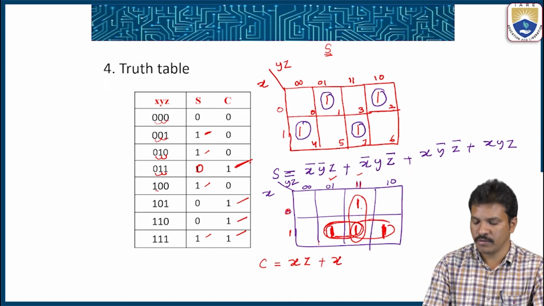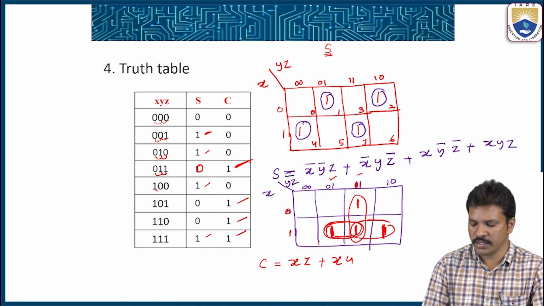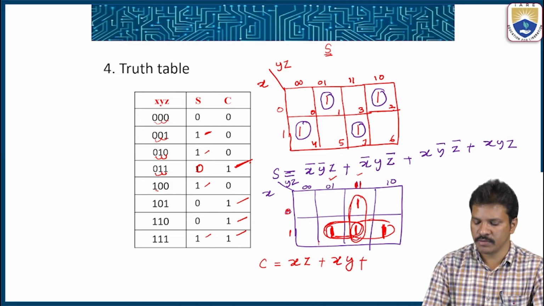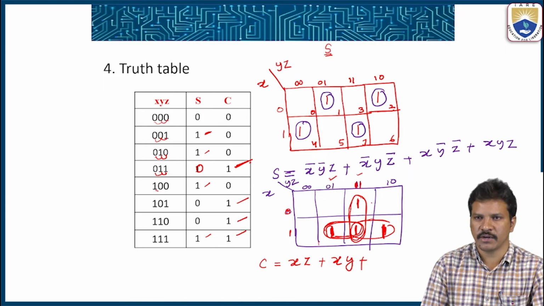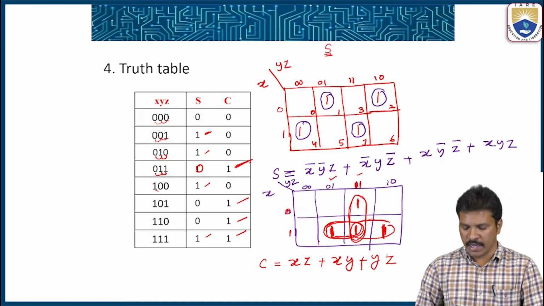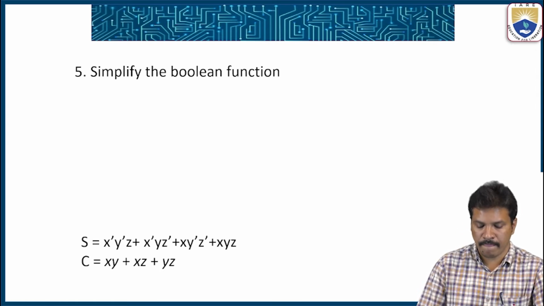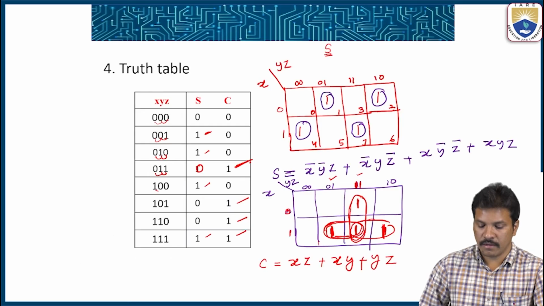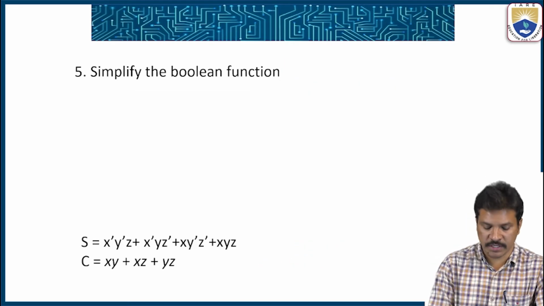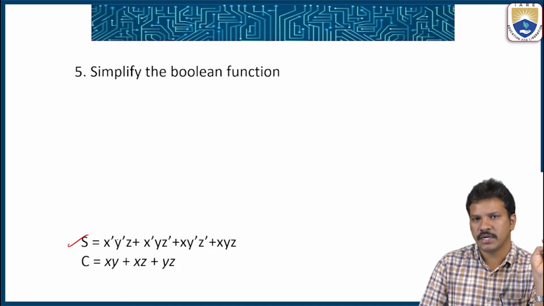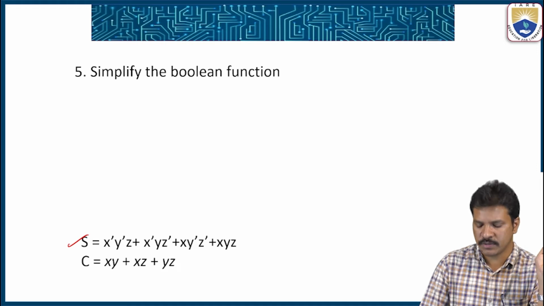Next this one. Same x, 1, 1 and 1, 0, common value y is common. And this vertical pair, horizontally x is equal to 0 and 1 are cancelled together. Only we can consider 1, 1. That means y, z. So this is the expression for sum and carry. Now we can simplify the Boolean function. Those Boolean functions from the K-map: S is equal to x bar y bar z plus x bar y z bar plus x y bar z bar plus xyz. Carry is equal to xy plus xz plus yz.